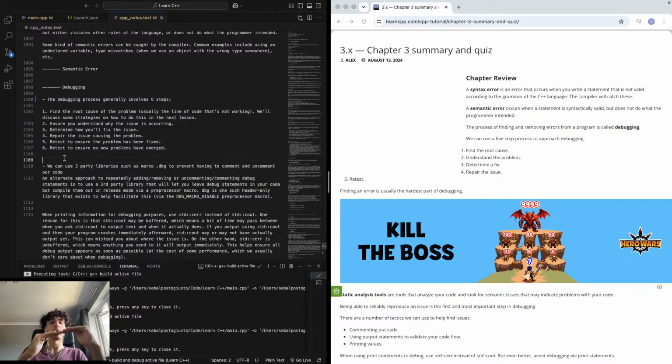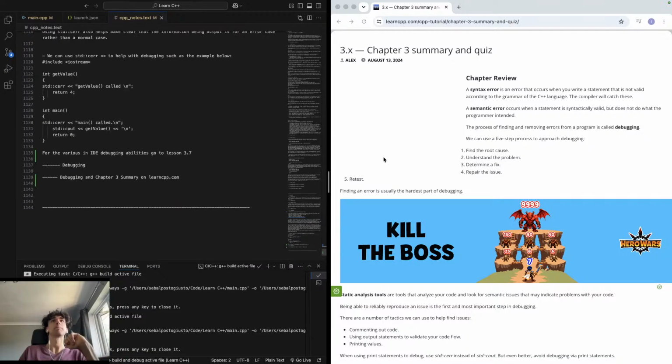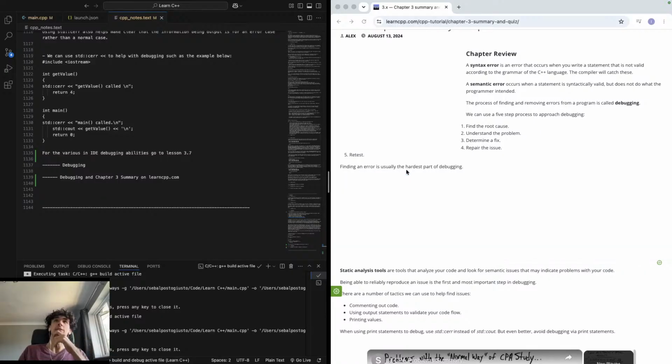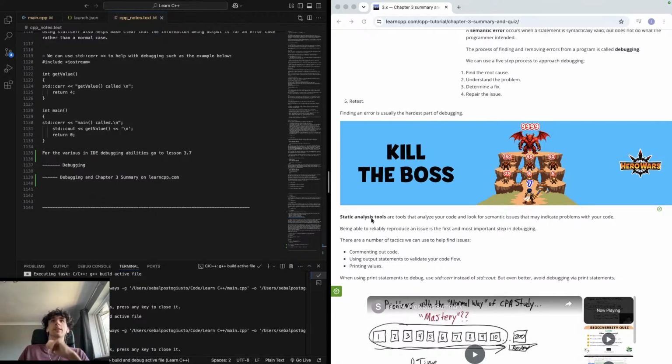But if you actually had an error here too, once you fix this error, your code will run to here and we'll get an error here. So that would be the sixth step. Finding an error is the hardest part of debugging. Static tools are used, such as IDEs. That makes sense. Being able to reproduce an issue in the